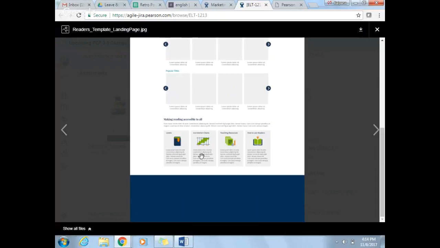So my intention here is to use this at the bottom where you see making reading accessible to all, that we use the same blocks that are on the home page that you see already. Okay. And then the carousel items above, where it says popular titles and new releases, that's going to work the same as on the live site now, where the product owners will choose items to go in that carousel.